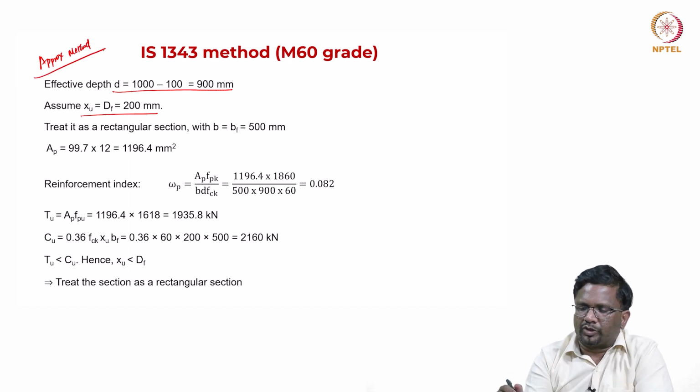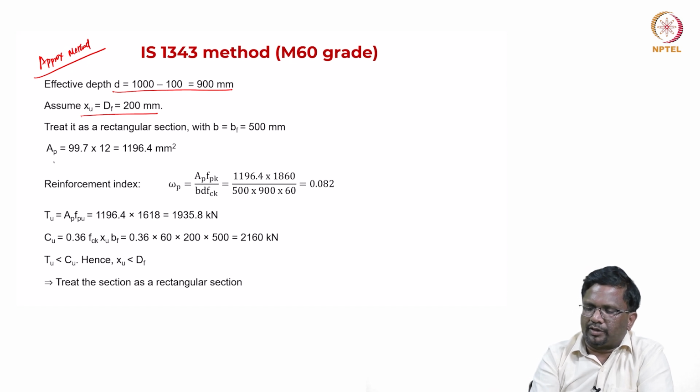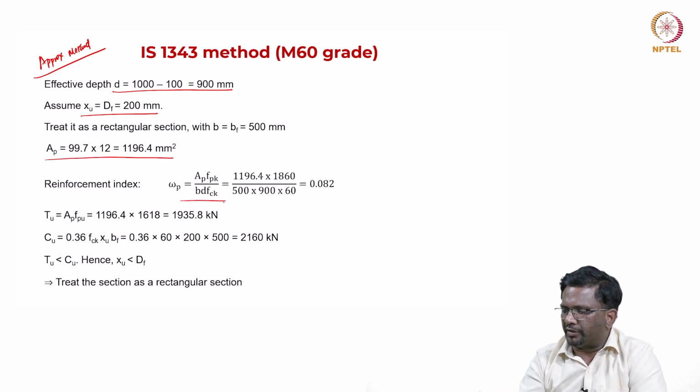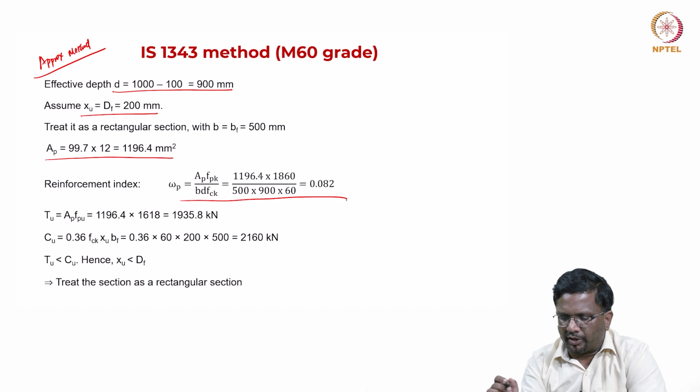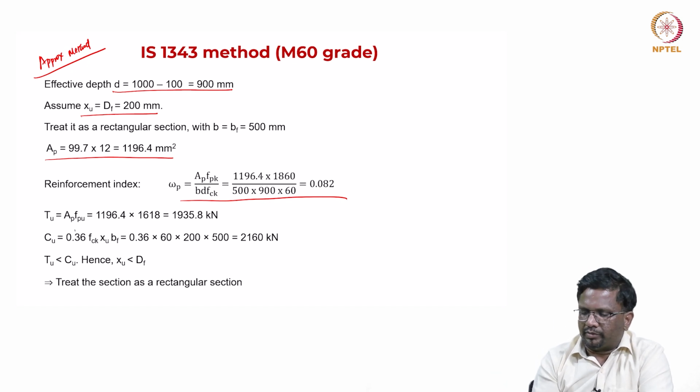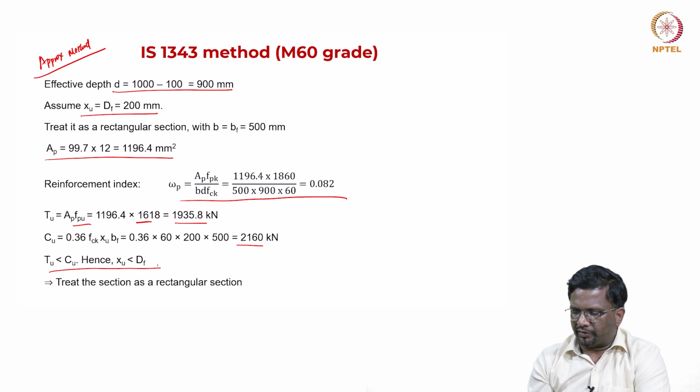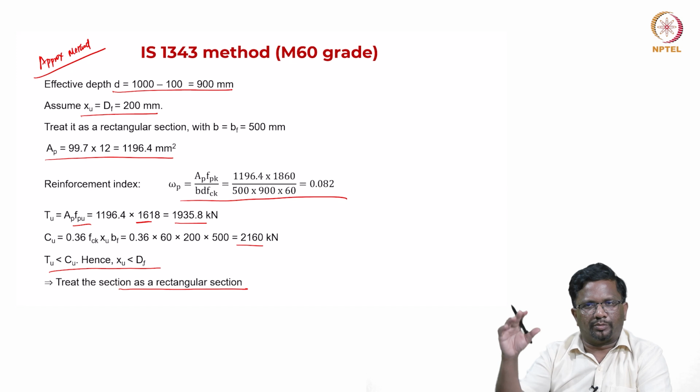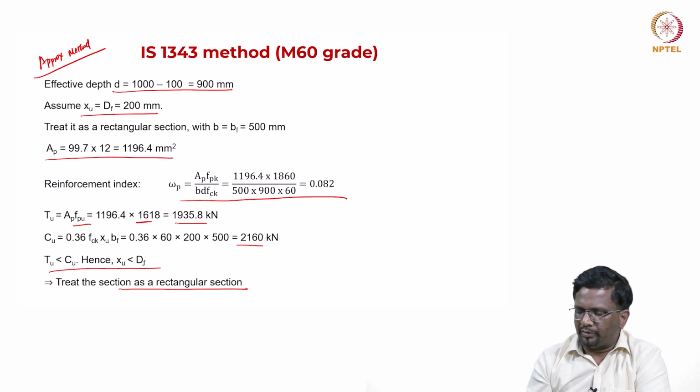right. So, treat this as a rectangular section, again AP is this, reinforcing index is this, then you go back to the table 11 and you get your stress, which is 1618, and you get your tension force, compression force is this. Again you see here, XU is less than DF, so treat the section as a rectangular section, right. And because XU will be less than DF, that means this flange section is actually going to act like a